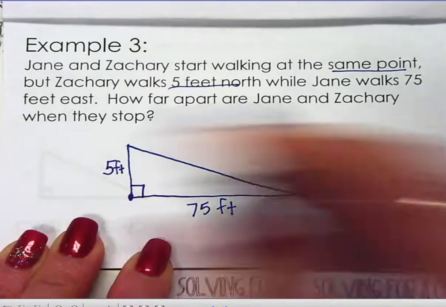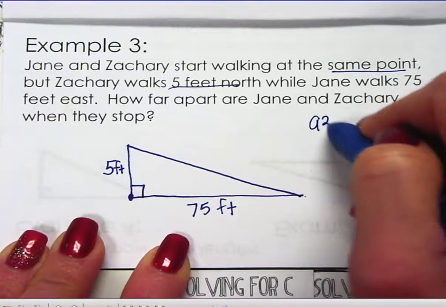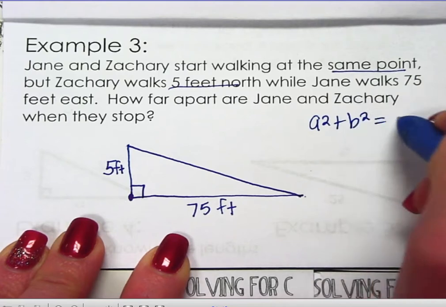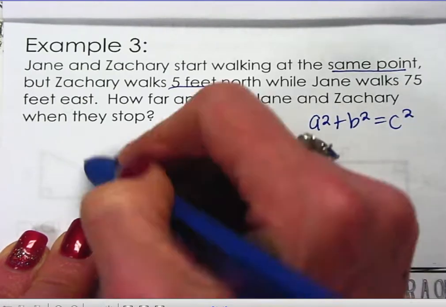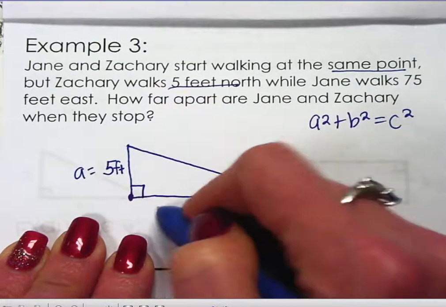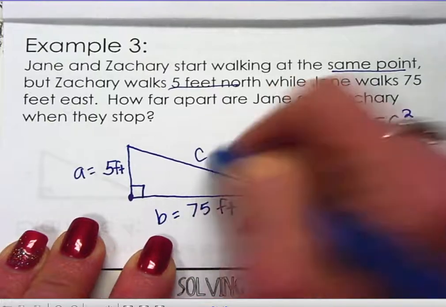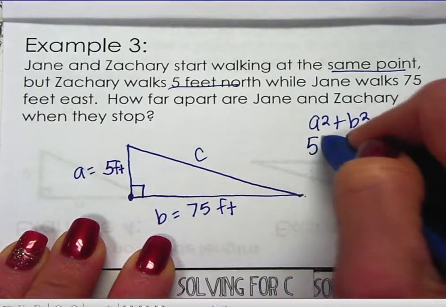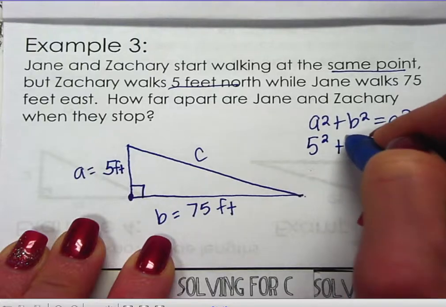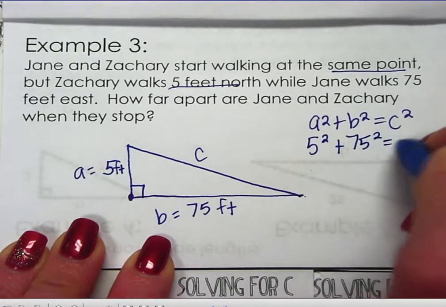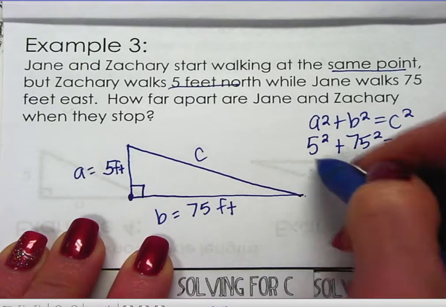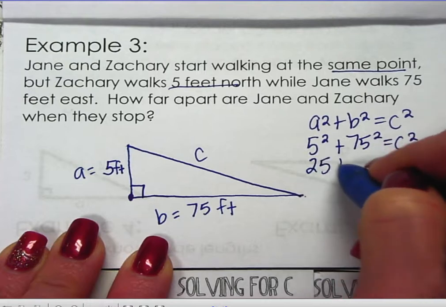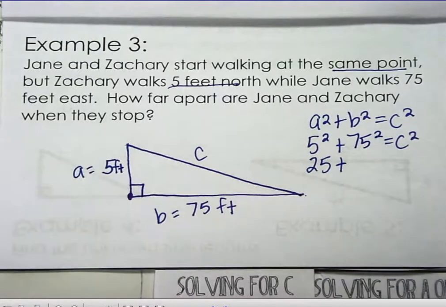And now we're going to apply that theorem. a squared plus b squared equals c squared. And a is going to be equal to 5, b is equal to 75, and c is our unknown value. So we're going to plug in, 5 squared plus 75 squared equals c squared. 5 squared, of course, is 25. 75 squared, I'm going to use my calculator for that, plus